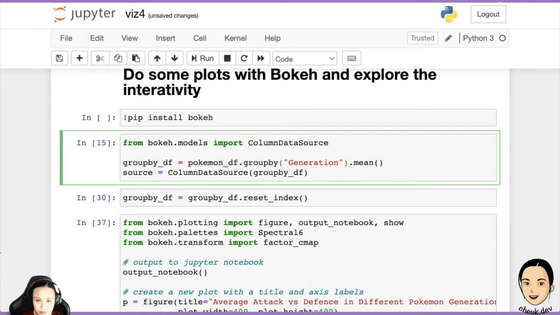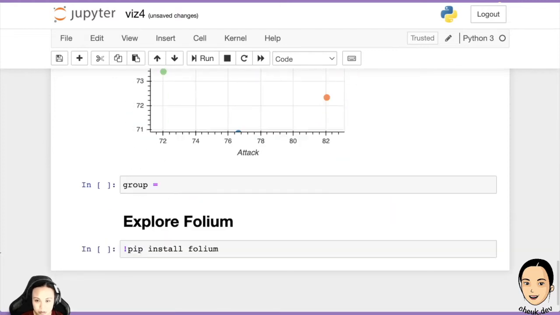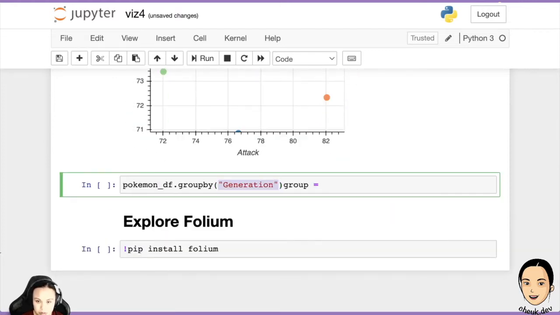So I would just copy this, but I would group by also by the type 1. So this one should be type 1, and oops, group equals this, and then